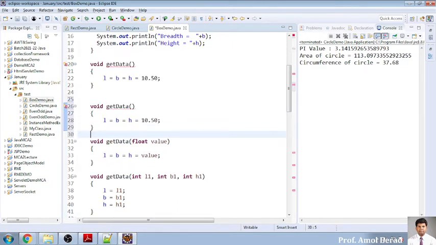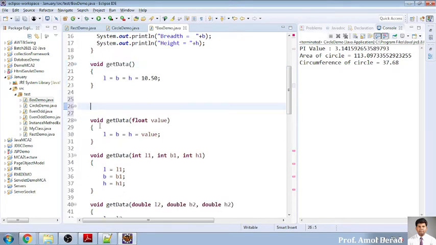okay, in this situation it will generate an error. It will say duplicate method get data is type box in type box. Are you getting the message? Is it visible to everybody? Yes? Yes, sir. You cannot write a duplicate. You can write anything inside it. Suppose I am writing int a, it will work, because it is different from this one. This get data is different, this get data is different, so that's why it will be accepted.